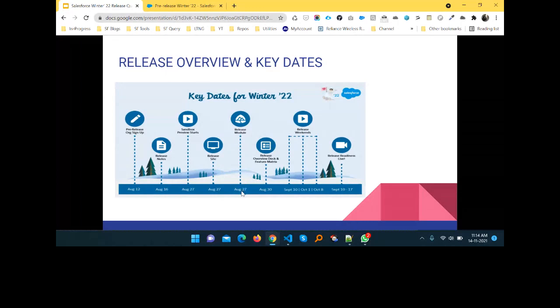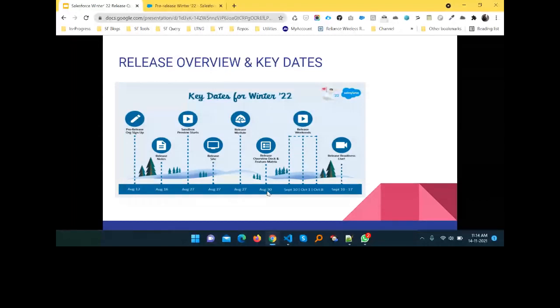It's already built some sites for particular Winter 22 releases for a particular org. Okay, and August, same thing, August release modules. So it has some tailored modules, so you can go ahead and solve the problems and solve the quizzes. Okay, these things are also available in Trailhead. And after that you can see August 30 release overview, deck and feature matrix. So in this point we have lots of features under this release. Okay, so one by one I will show you, but most of the features are not available right now. Maybe in the upcoming release we will get these things, but some of the features I will explain with some practical part.